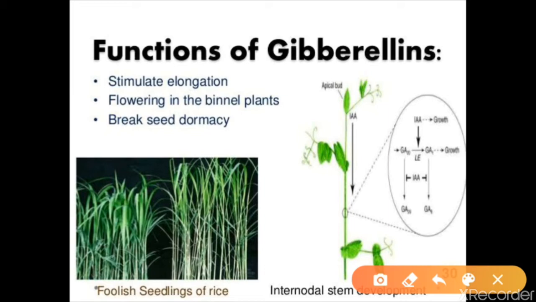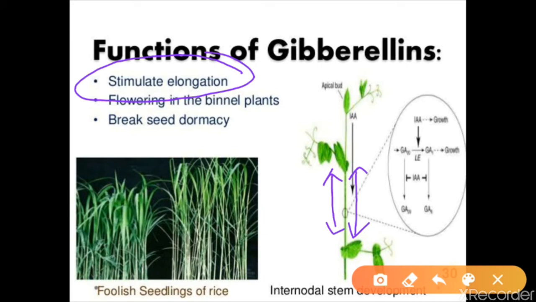First thing, the gibberellins are synthesized in the root and the shoot tips. That means this is the shoot part. If we see this part, the elongation of the shoot part is due to the gibberellin. Okay. Now let's see the main function of the gibberellin. Here it is written: stimulates elongation. So what I told you, the first thing, is the elongation part.